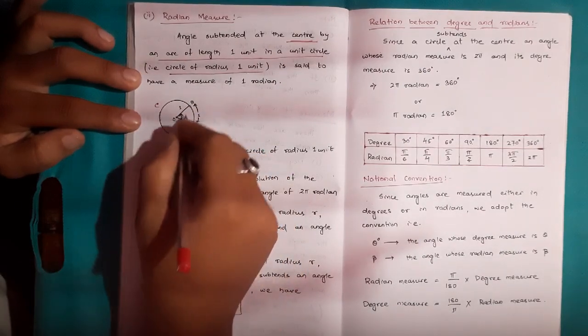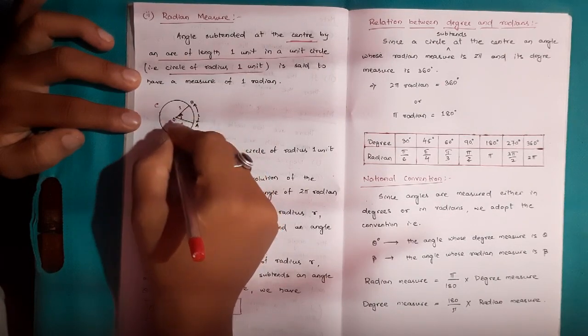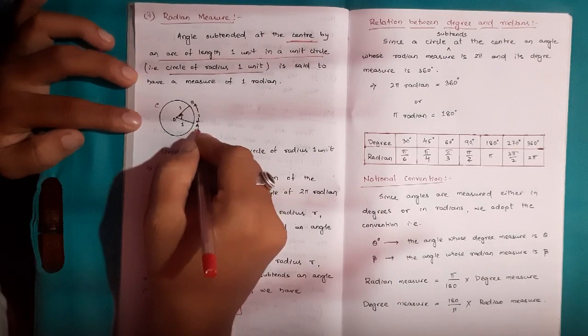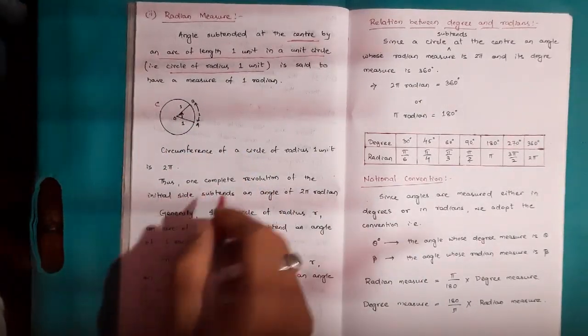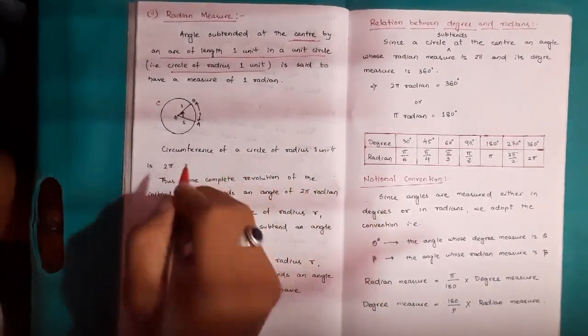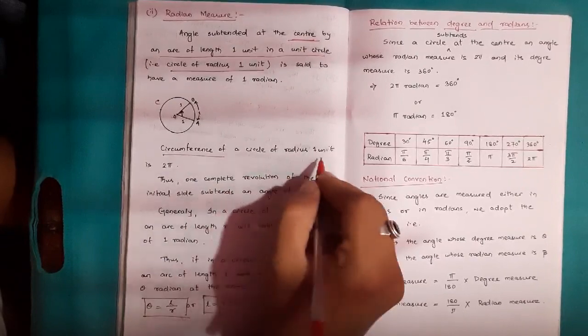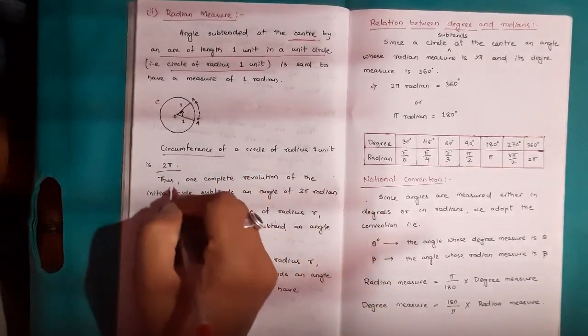Okay, so the angle subtended at center O, that is BOA, has a measure of 1 radian. As we all know, the circumference of a circle of radius 1 unit is 2 pi. Thus,